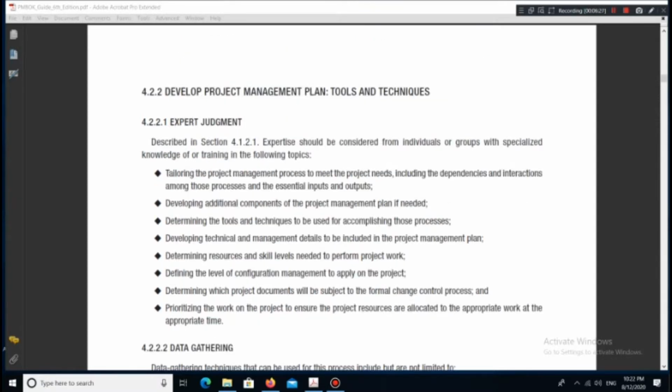4.2.2 Develop Project Management Plan: Tools and techniques. 4.2.2.1 Expert judgment. Described in section 4.1.2.1. Expertise should be considered from individuals or groups with specialized knowledge of or training in the following topics: tailoring the project management process to meet the project needs, including the dependencies and interactions among those processes and the essential inputs and outputs;